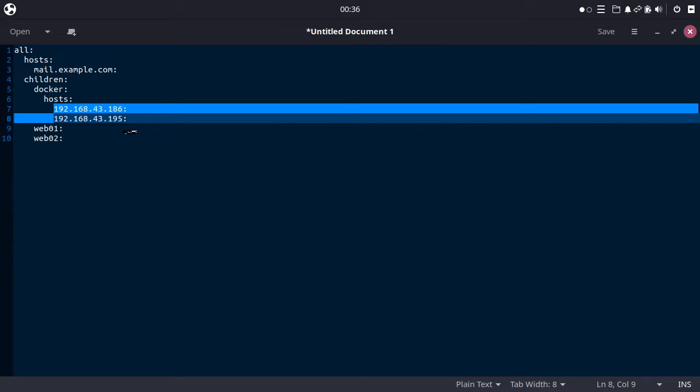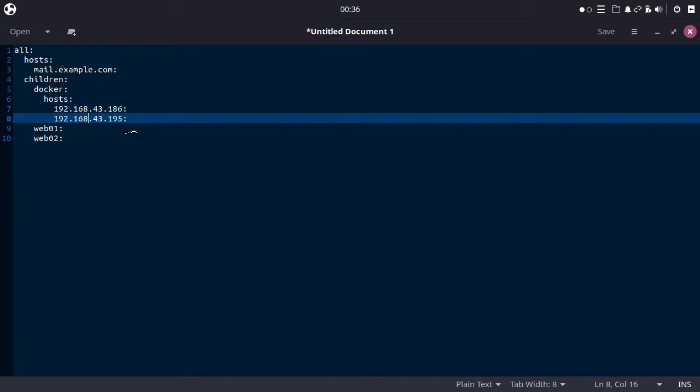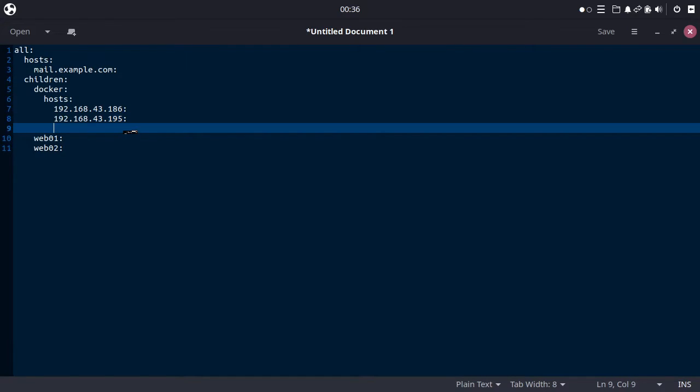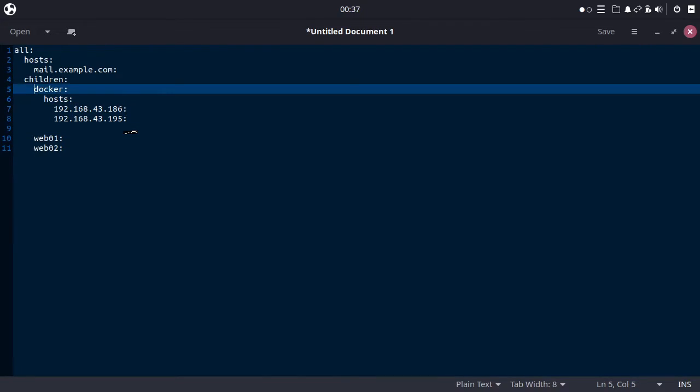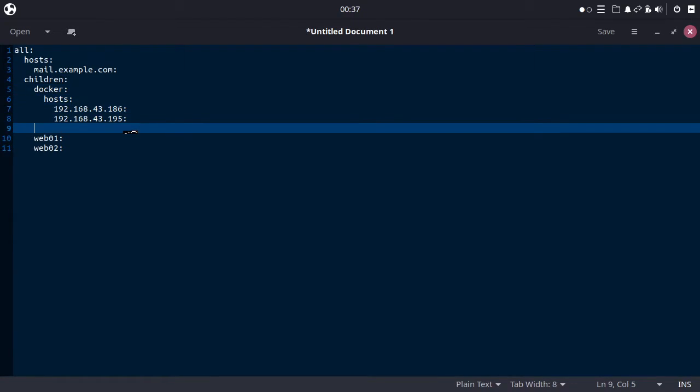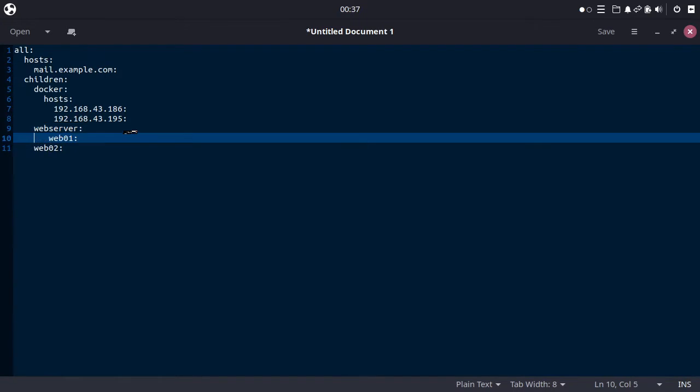Now, I want to create another group for the web servers. Again, we need to make sure that the depth level is the same as the parent before. For example, Docker in this case is the depth. We need to make sure that the next group is at the same level as the Docker one. So let's say this is webserver. Now we also need to specify the hosts.